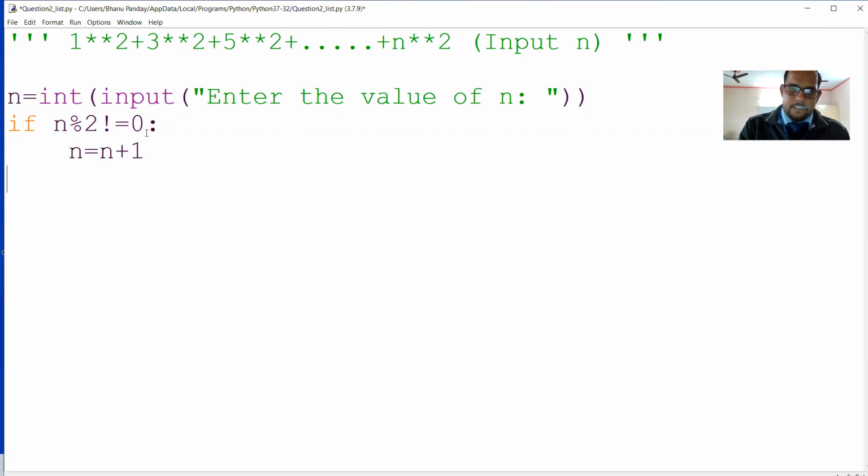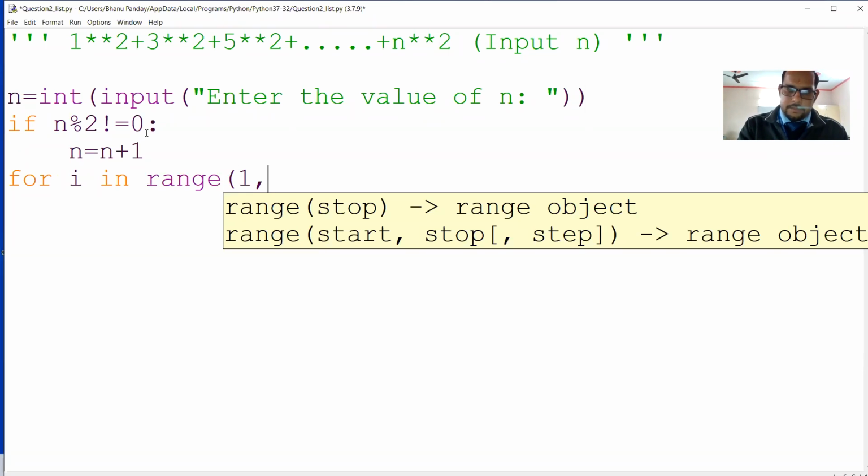After that, for i in range 1 comma n comma 2,